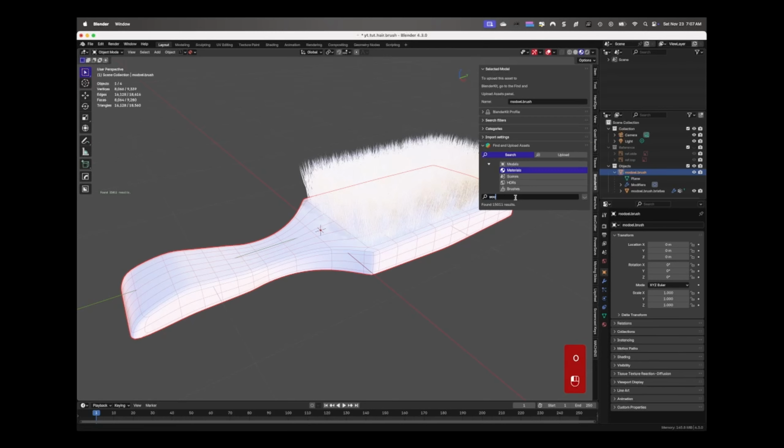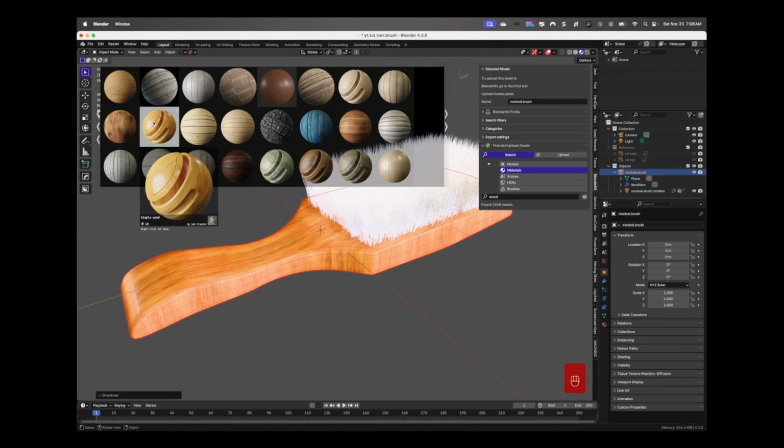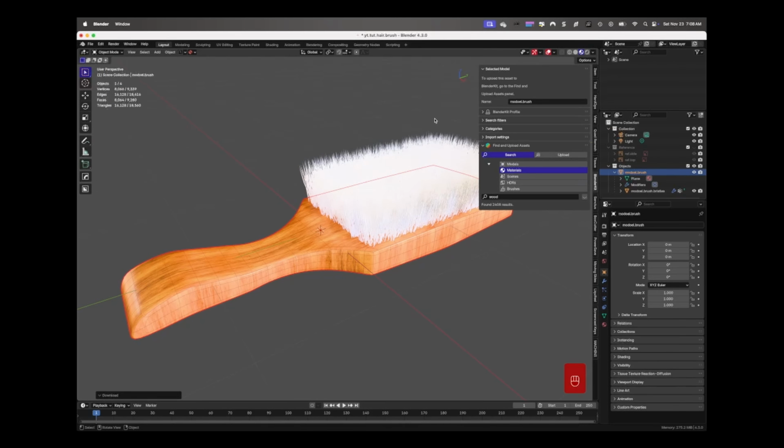What you see on the screen now is a free plugin called Blender Kit. Right now I've got the free plan. I have had the paid plan before. It's actually pretty awesome. Saves you a lot of time. I found a texture and just applied it. It's literally drag and drop or point and click.